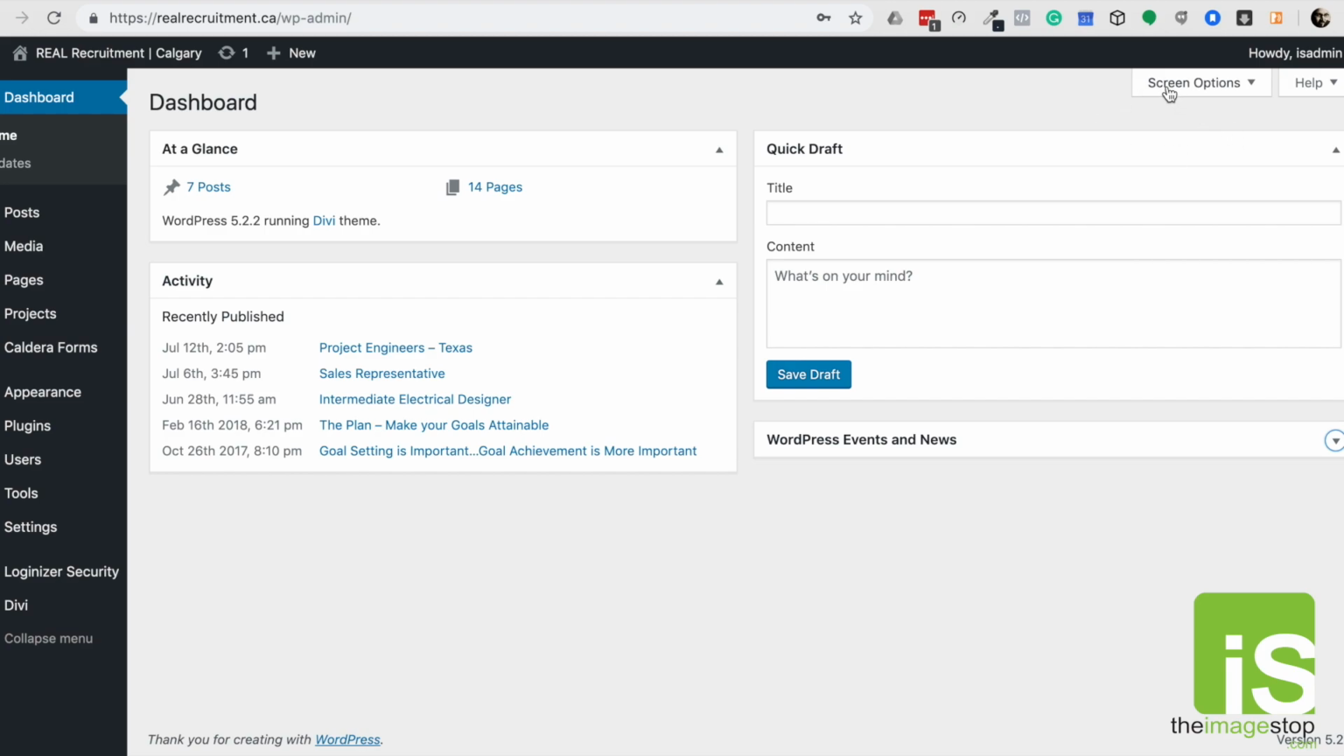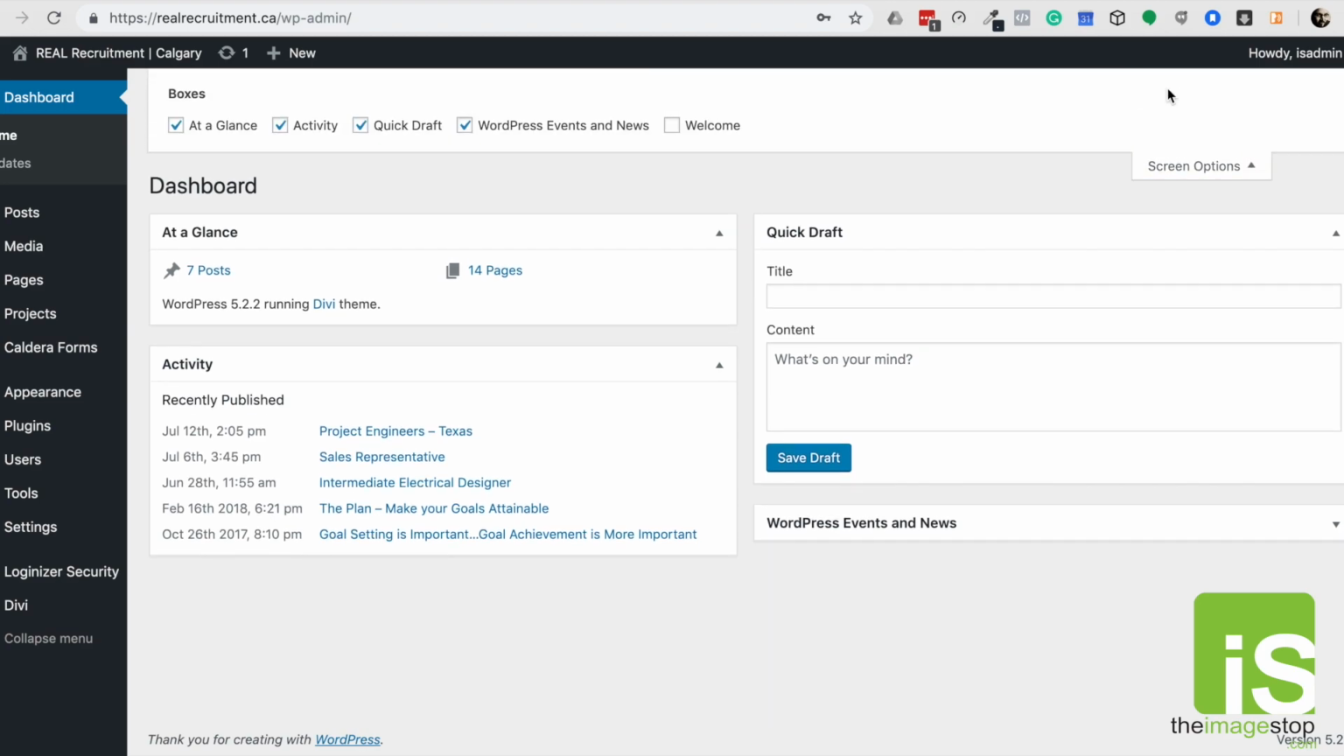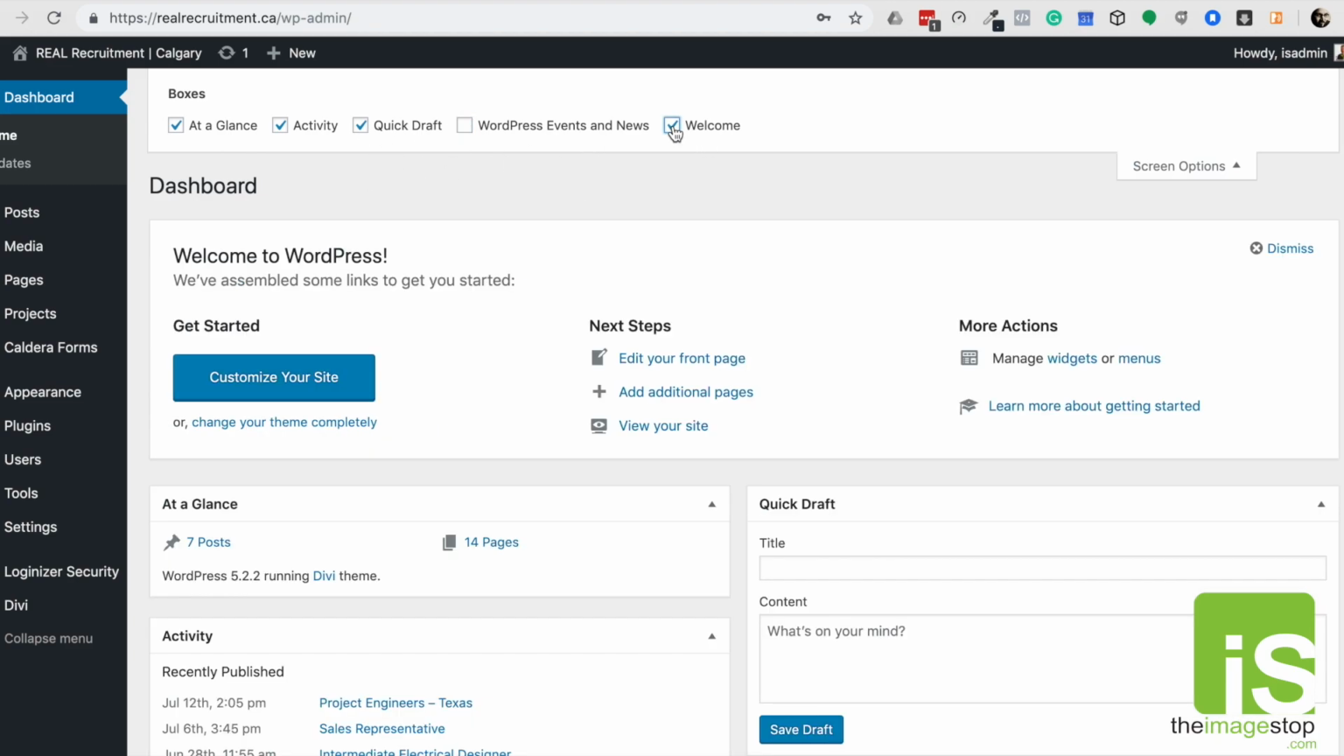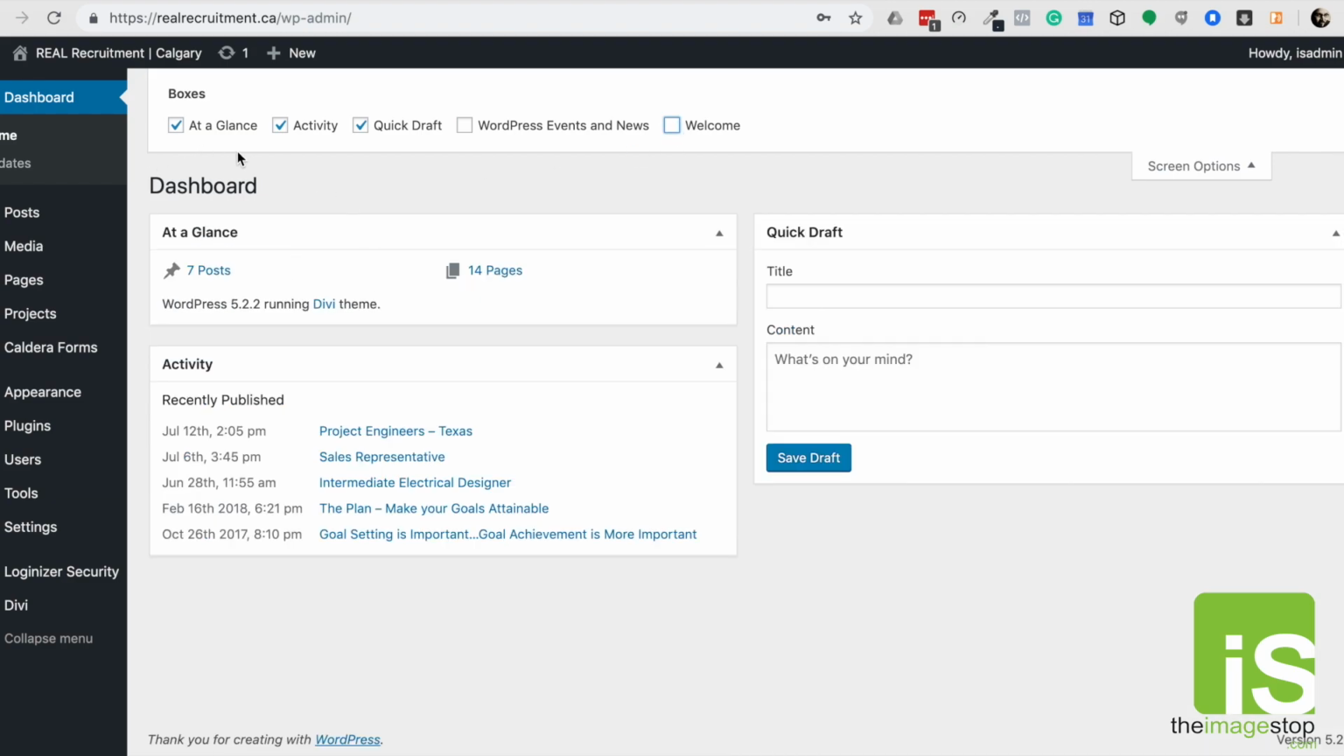Top right hand area, you've got this Screen Options tab. If you click that, it opens the things that you can have a look at if you want. I'm going to get rid of the WordPress news. I can add the welcome, take that away, whichever you like. You've got the At a Glance, which gives you an overview as to